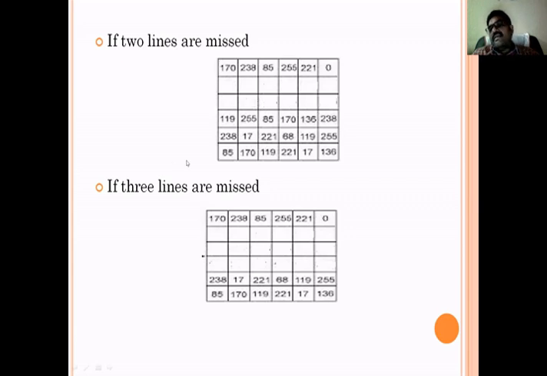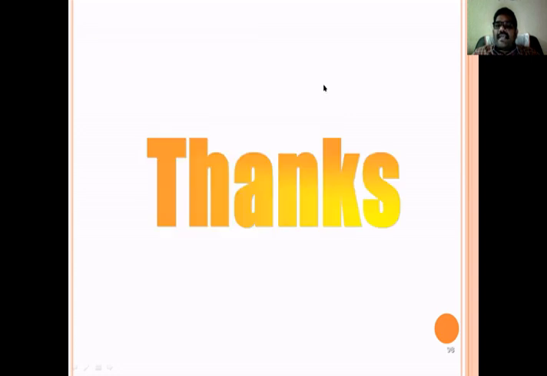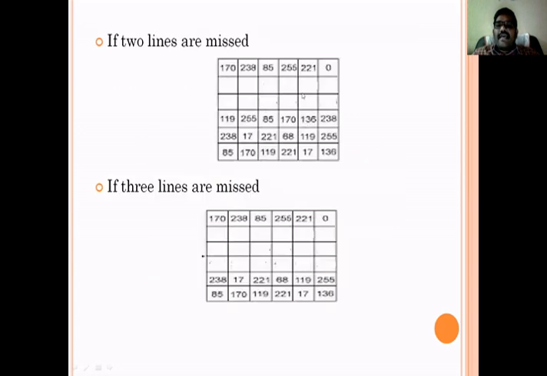Understand? Once again, if two lines are missed, the first line values are repeated with the similar values of the previous line. That means this is the first line, and it is the second line. Once we